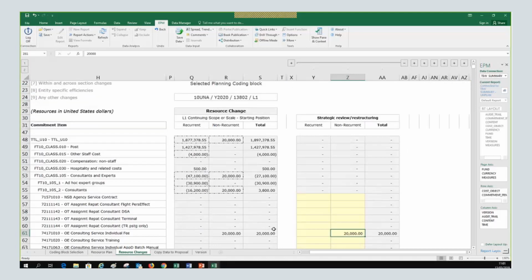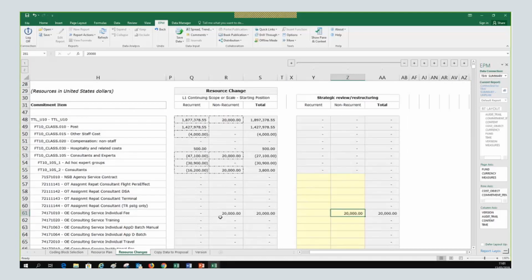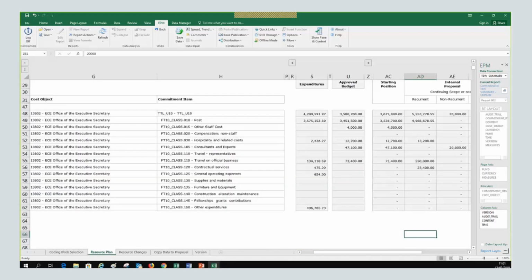The purpose of this tab, again, is only to justify or align the changes with some of these reasons. So if you have increased the budget at a certain commitment item level, it will be in your mind. It's not that you find the form full of numbers that you have not acted on. This is in the training environment because sometimes the forms are being used by different people. But look at this: I added $20,000 on the consultants. Did I say why there is an increase of 20,000? No.